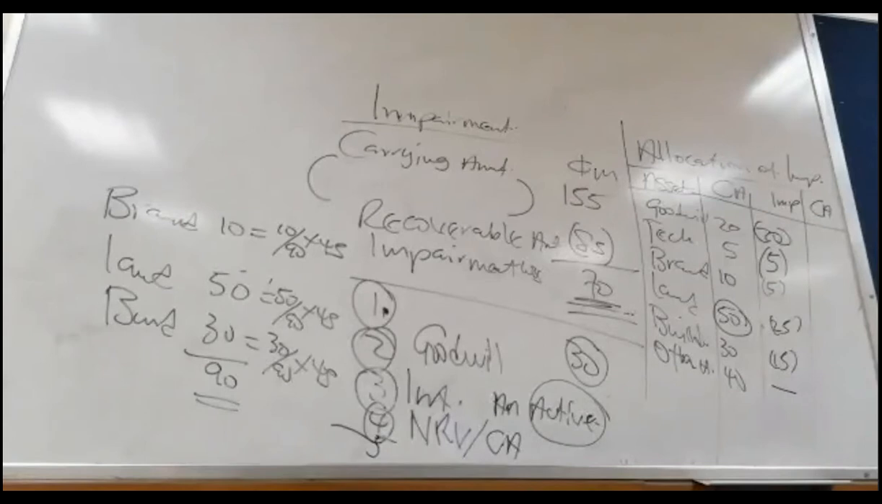So now let's find the carrying amount after impairment for each of the assets. Yes, you have to tell the examiner how you arrive at these figures. Good. So what will be the carrying amount after impairment? So carrying amount after impairment will be